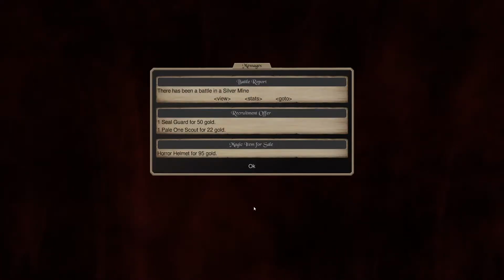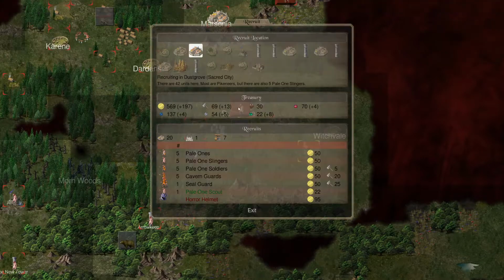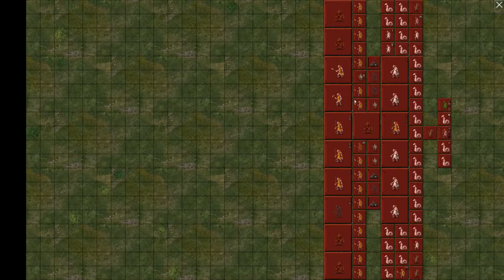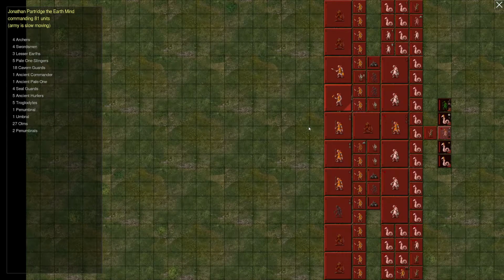We got his magic spores. Seal Guard, Pale One Scout, Horror Helm. Ooh, very cool. So Seal Guard and Pale One Scout, please. Do I have a scout with this army? The question, right? Do I need a scout? I think I have